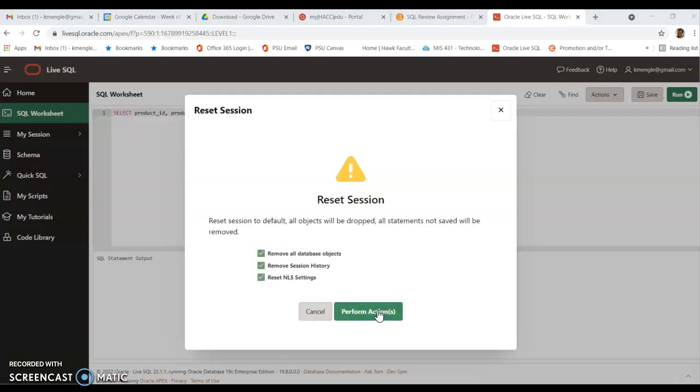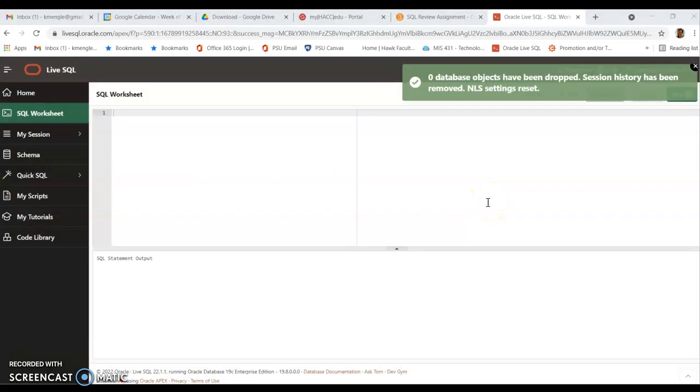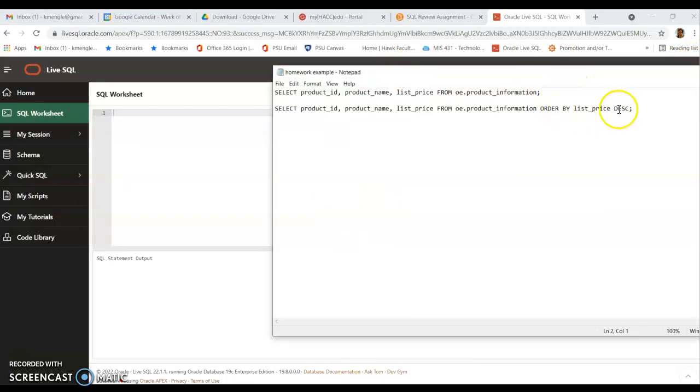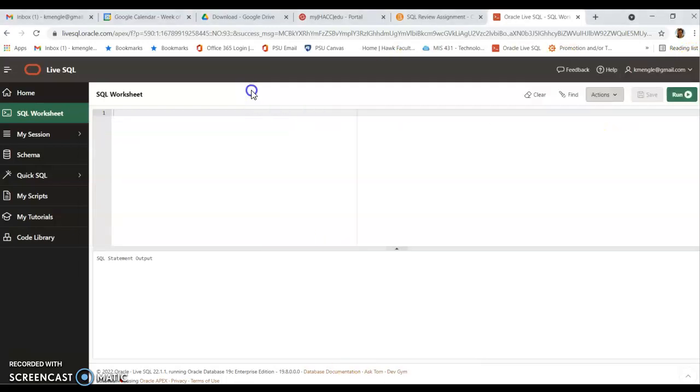And now I'm going to click Perform Actions. It might take a few seconds. Okay, and now what it has done, it's removed all the objects and all the code that I put in here. So what I could do is go back out to my notepad and copy paste this